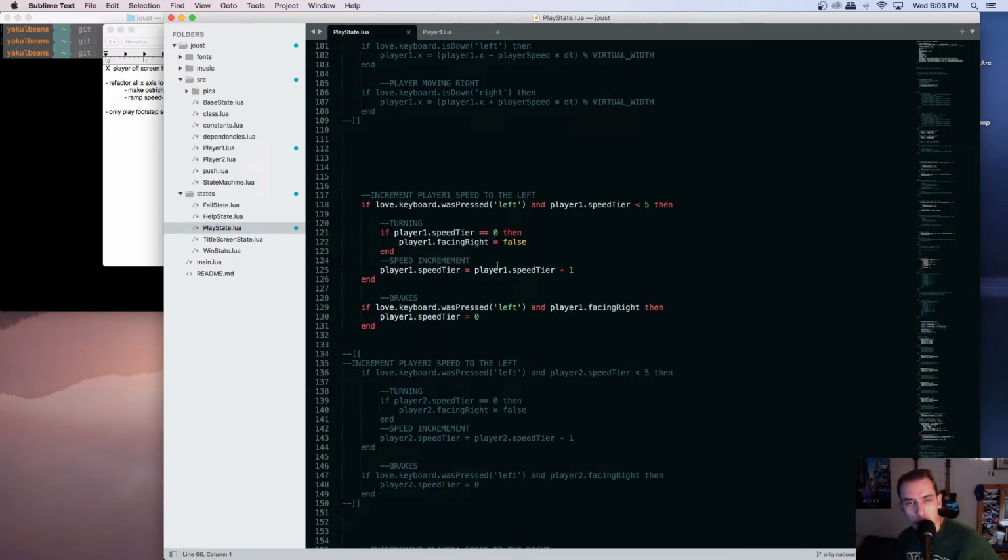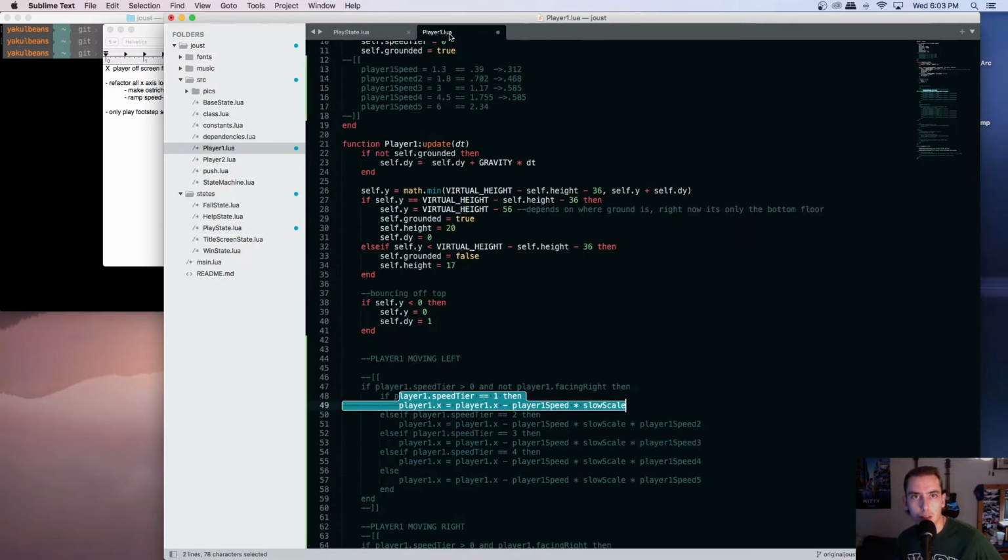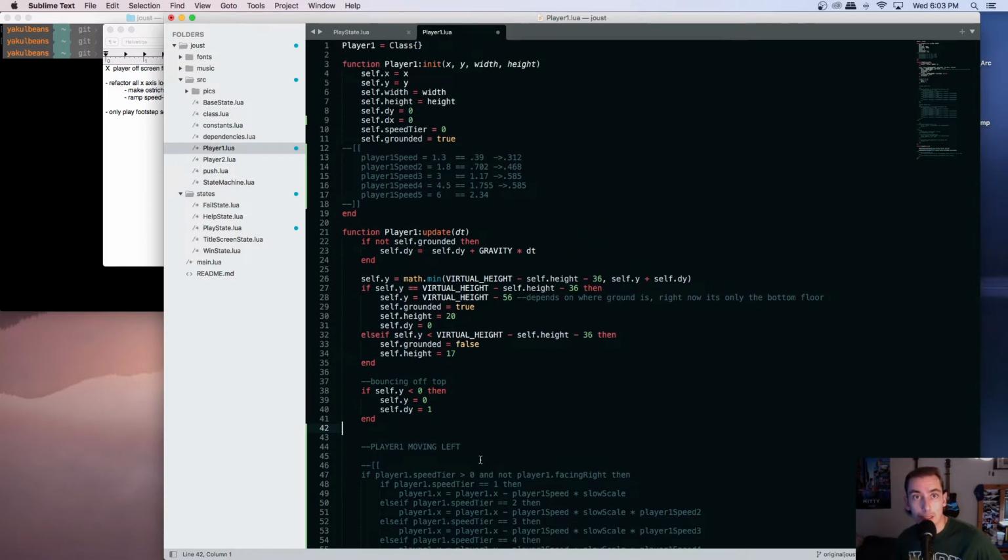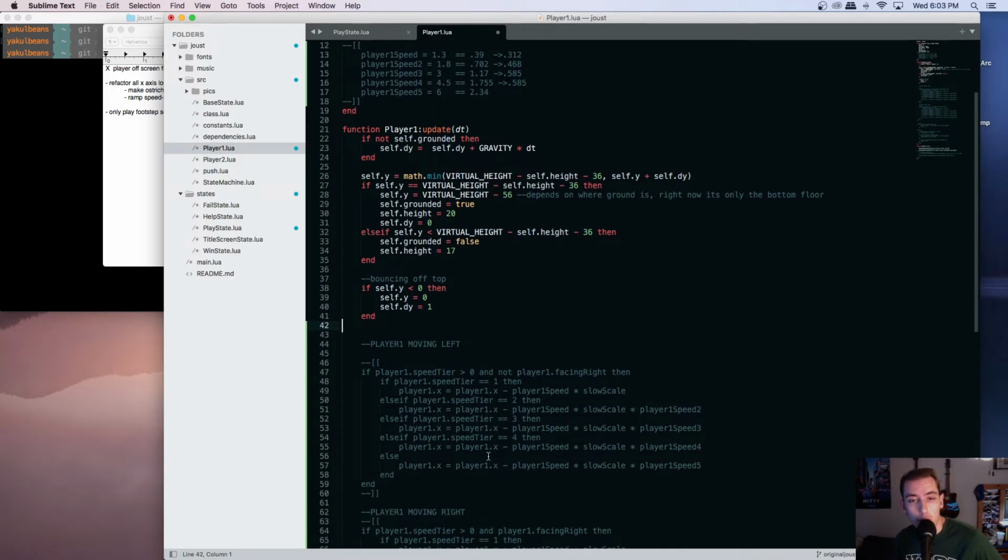So the biggest difference between the code for this stuff is, if this sort of code is in the play state, I have to tell it player 1.speed tier, because player 1 is the instantiation of the class object. But in the class object, I would just say self. So it has its own values, and then I would reference those values, since there's only going to be one